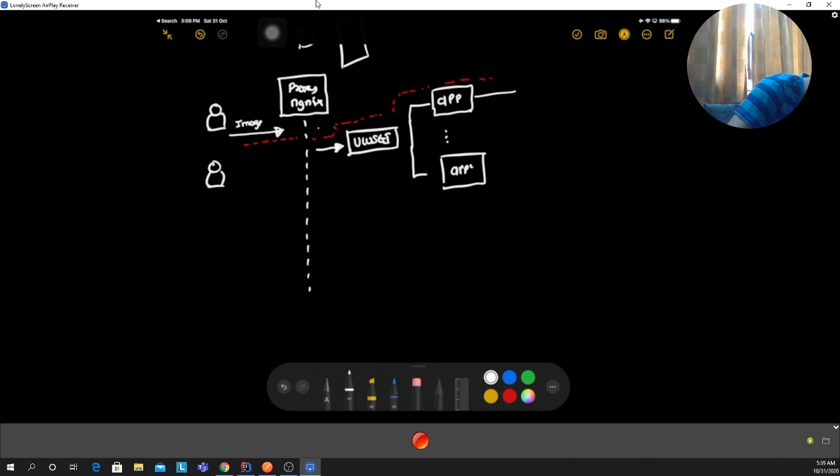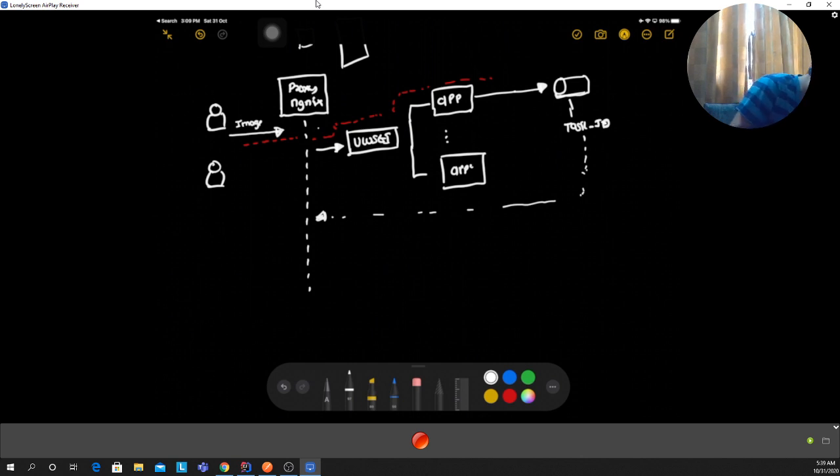Basically, we would place this data into a task and into a queue, and we would give a task ID, and we would return the task ID to the user.